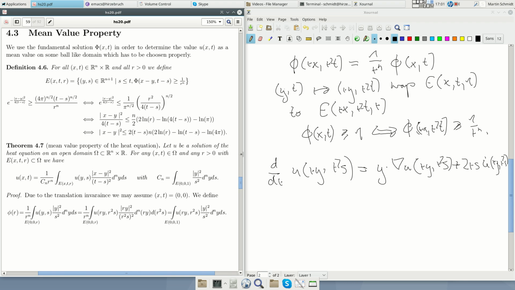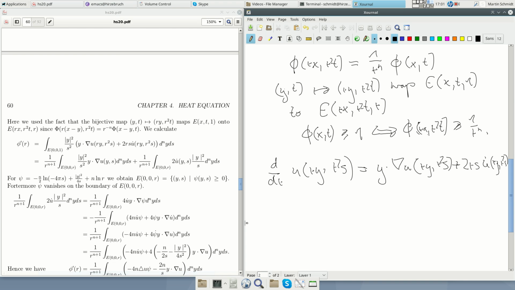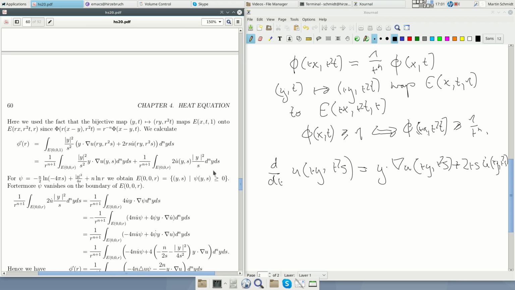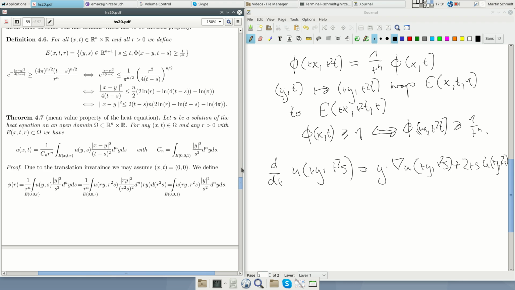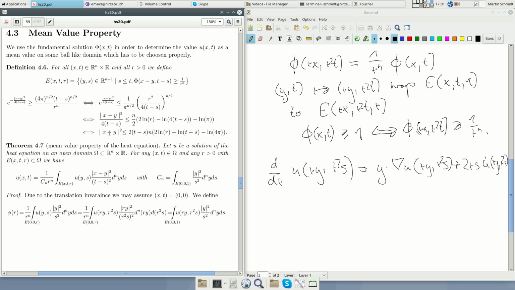So we rewrite this equation as a function. We put this to the other side, and then we have exactly, if we rewrite this inequality,